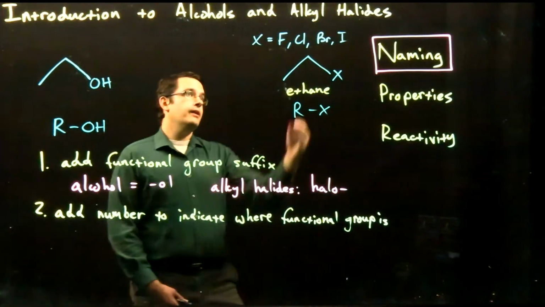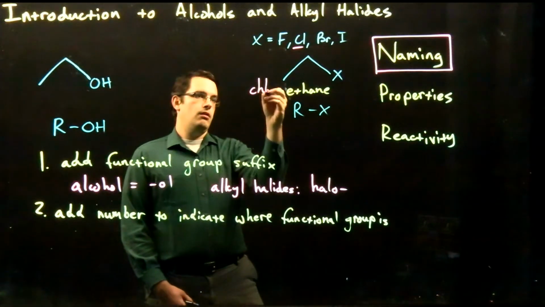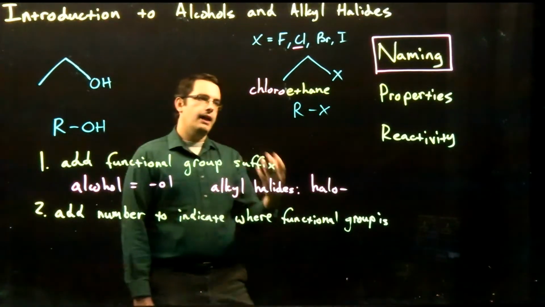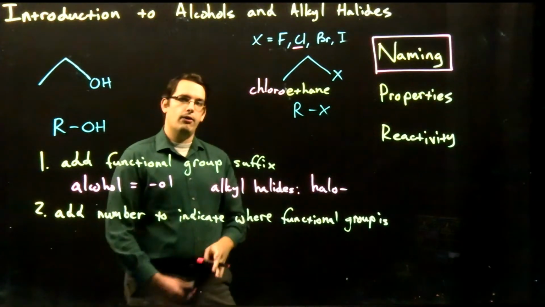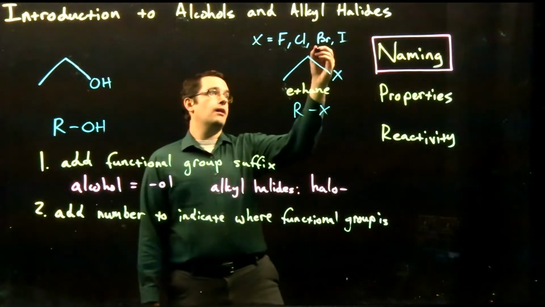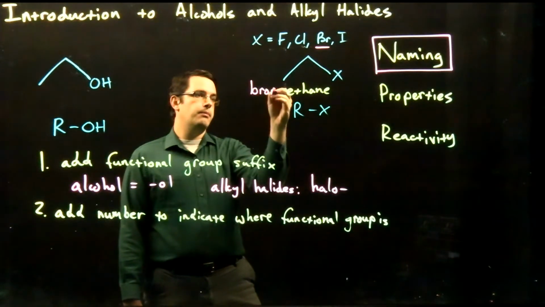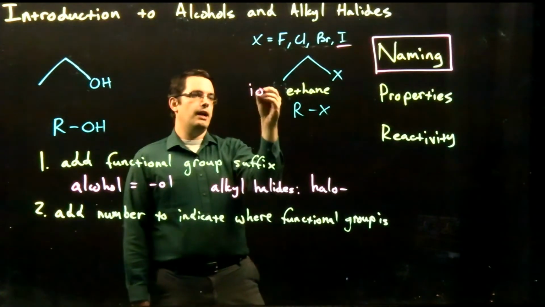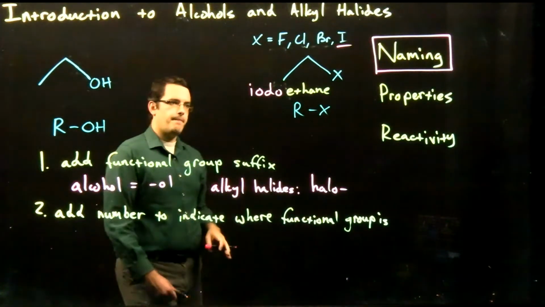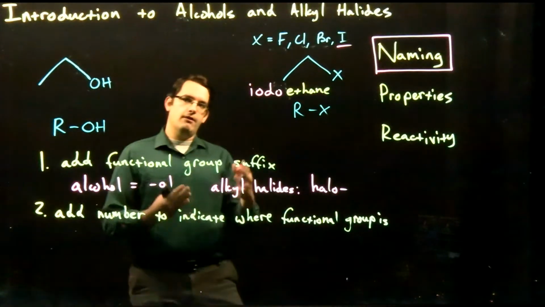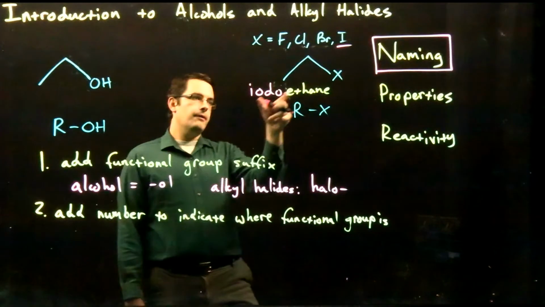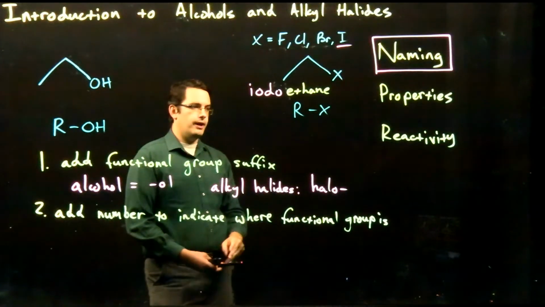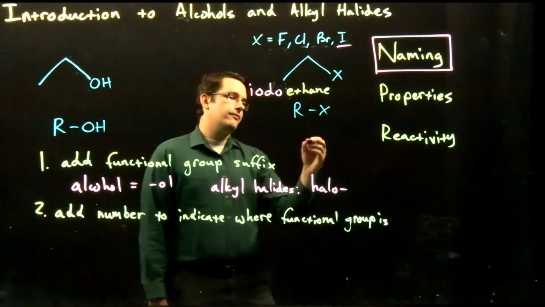Or if we have chlorine, then it would be chloroethane. Right? With chlorine, you're just taking the first half of the name, ending with O to get our prefix for that alkyl halide. Following the same basic rules, our bromine would give us bromoethane, and our iodine would give us iodoethane. So again, we're always just taking the first part of the name of our halogen and then ending it with O and putting it in front of the name of our carbon molecule to get the overall name of our alkyl halide. So we have 4 different prefixes: